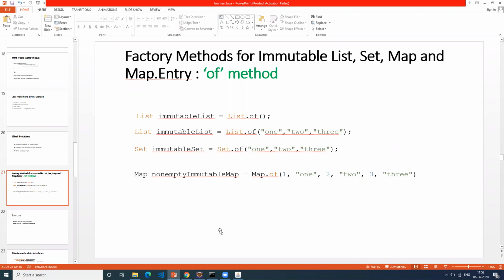So instead of that, Java has provided some flexibility to the developers, instead of searching for these collections methods which are not related to your list and all. It provides a facility wherein you can directly call of, and that will give you an immutable list. You don't have to call unmodifiableList or unmodifiableSet and all those things. Okay. Any questions before I show it on the editor?